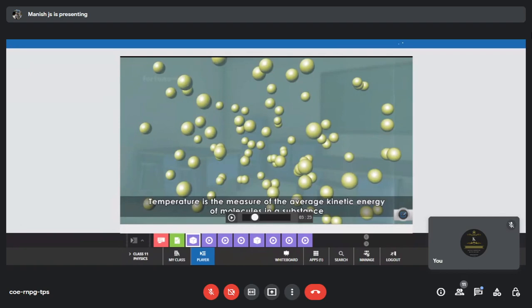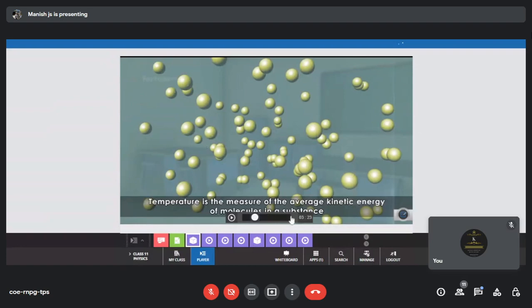That is why we say the kinetic energy of molecules of the substance. We saw this in our previous chapter too, thermal properties of matter. So if you can recall, when molecules get heated up, what happens? They tend to vibrate and they start moving. We all know that when objects start moving, the energy that they possess is kinetic energy. For the water as a whole, we have many water molecules, so we take the average kinetic energy of all the water molecules. That is what they are trying to elaborate here.